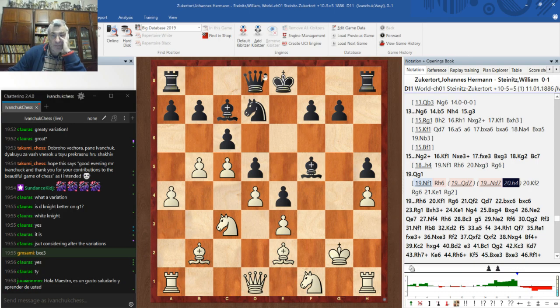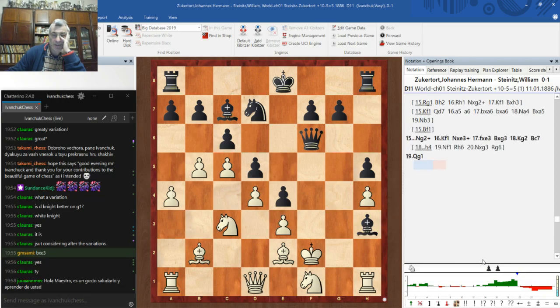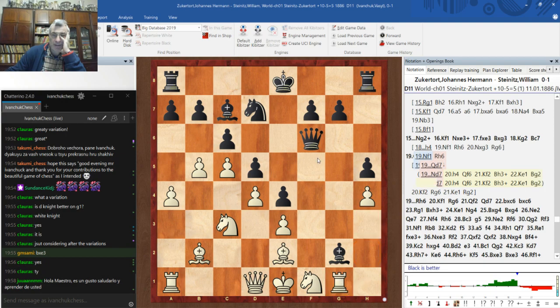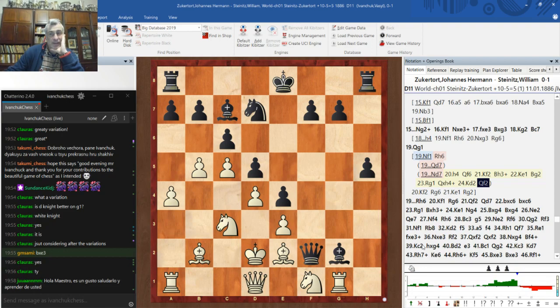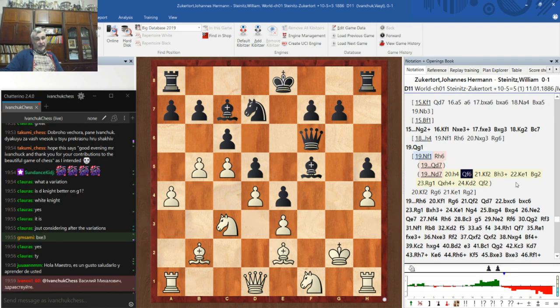yet. Also, we can try queen f6. If king f2, it's a possible idea: bishop h3, king e1, bishop g2. Rook is attacked, and if this, queen f2. Now, black is very close to winning, but after queen f6, probably white can try to play queen e1 now to prepare knight g3. Anyway, we see that black has a dangerous, very dangerous attack, and